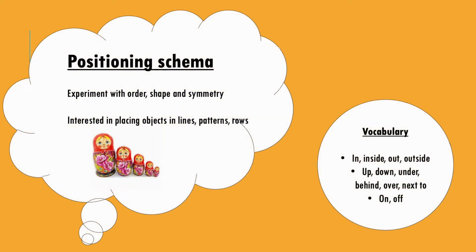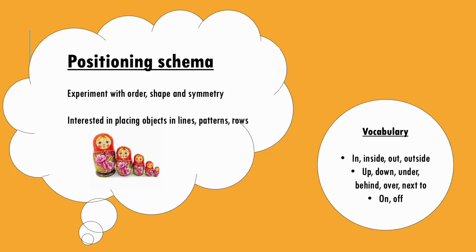So in that video clip, the child was engaged in the positioning schema. The child was specifically finding the vehicles from the basket to line them up. The child there was experimenting with order. In the positioning schema, the child is interested in experimenting with order, symmetry, placing objects in lines, patterns, rows, which means there's some great positional language to use to enrich the experience if an adult was to interact but be mindful not to interfere. The children might